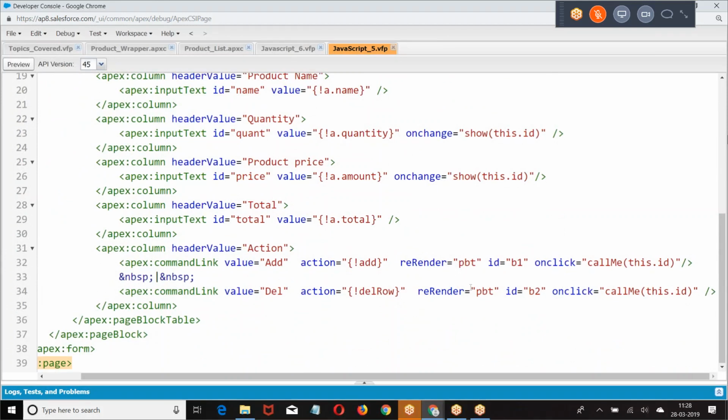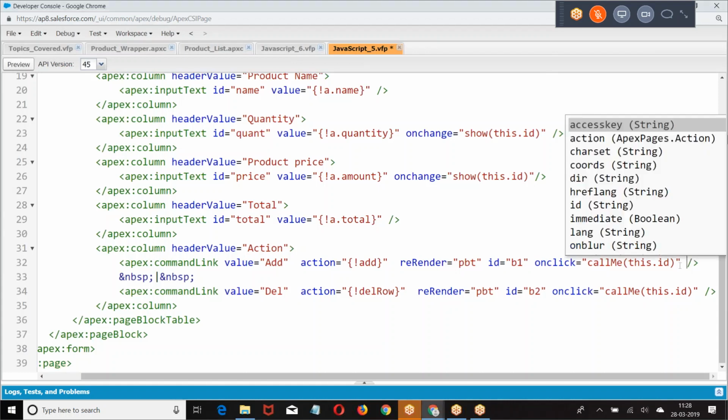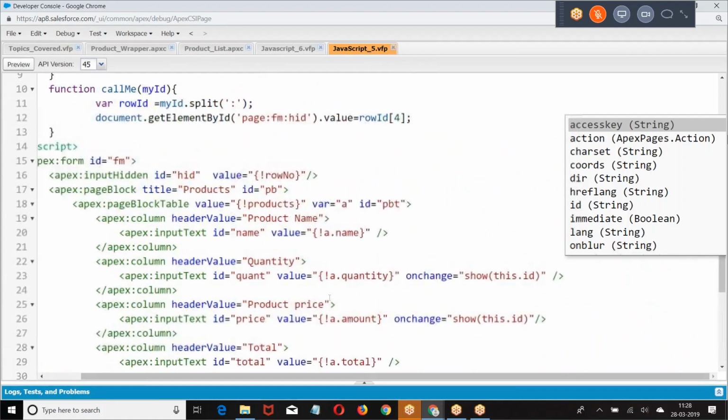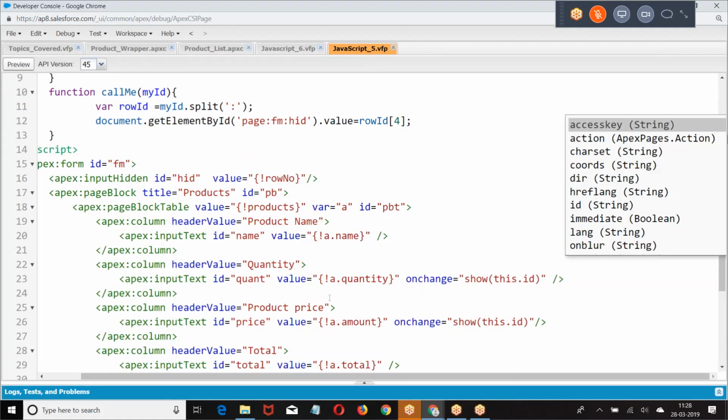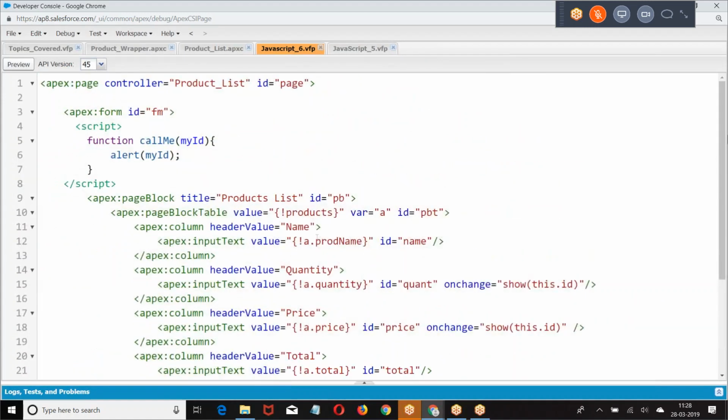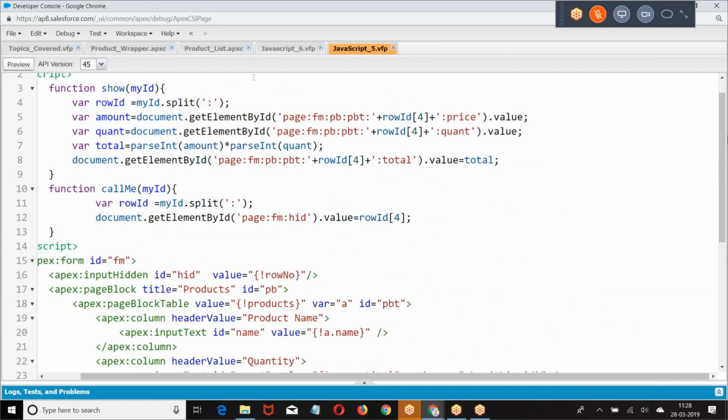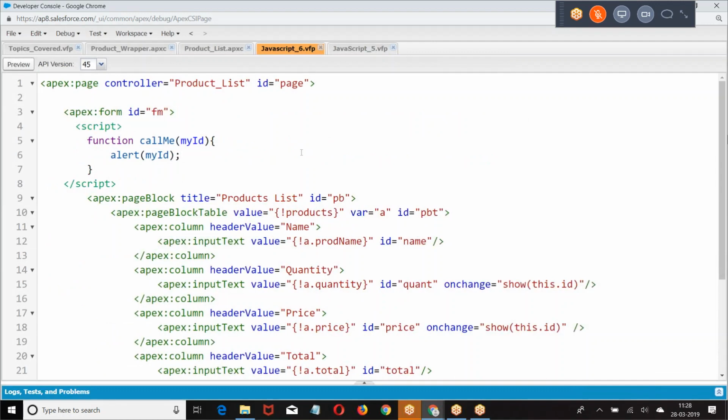Why is it not passed here? The format is right, but somehow the ID is not getting passed.